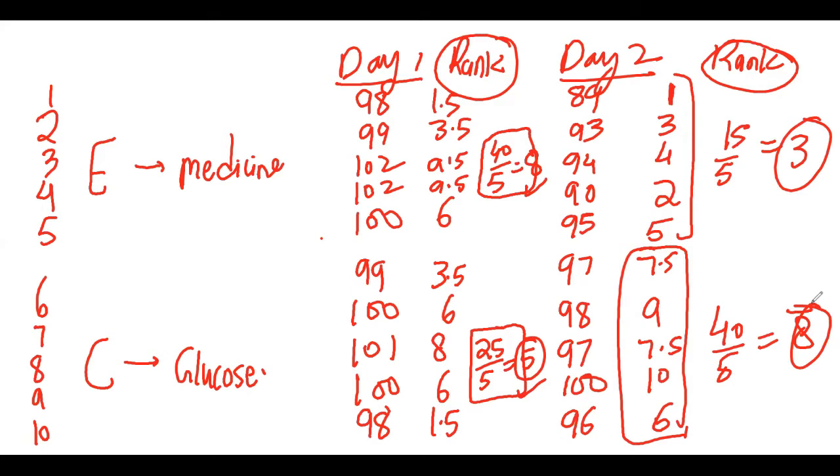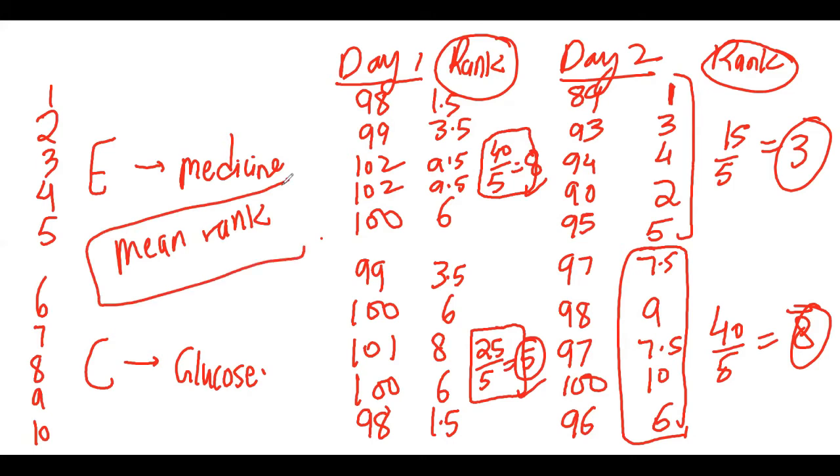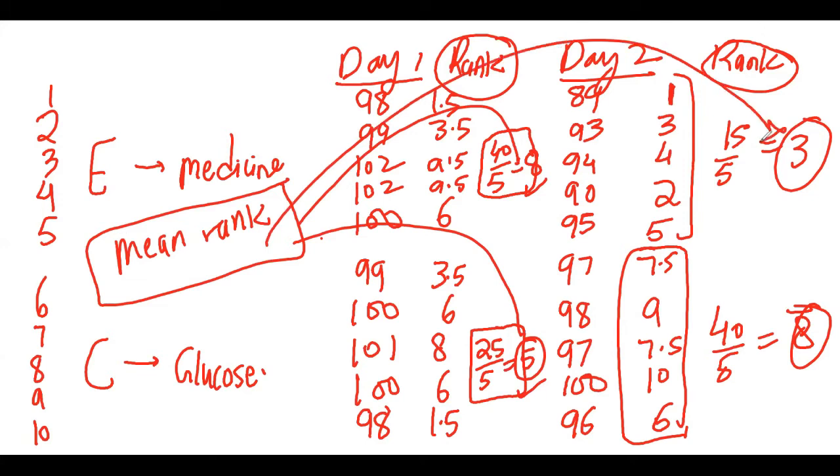So in the Mann-Whitney test, not only in Mann-Whitney, in almost every test, we compare the mean rank, right? So mean rank is the basis of all the non-parametric tests. So this is the mean rank of group 1. This is the mean rank of group 2. Similarly, this is the mean rank of group 1. This is the mean rank of group 2. So almost we calculate all the non-parametric tests from the mean rank.